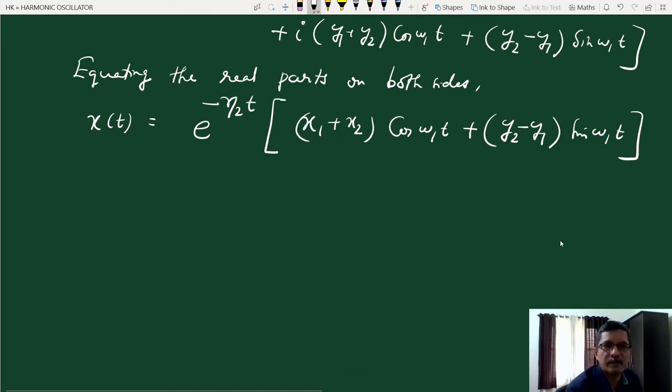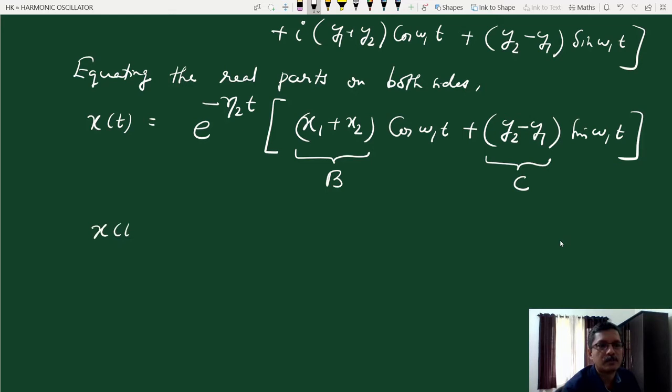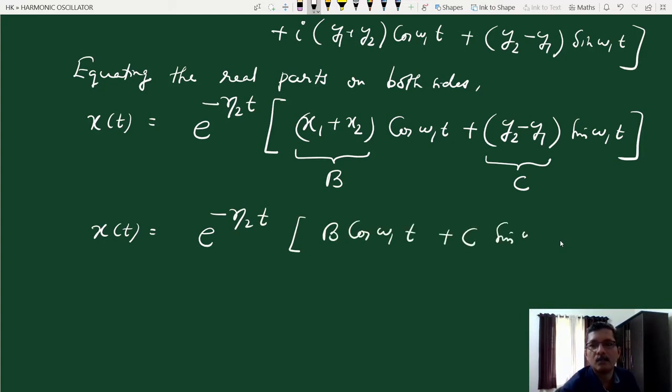x1 and x2 are constant, so let this be some constant b, and this be some constant c. So our solution you can recast as e raised to minus gamma by 2t into b cos omega 1t plus c sin omega 1t, something like this. This is one way of writing, or we can also write x of t as